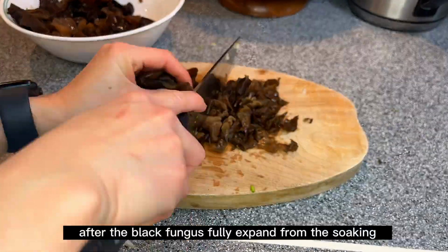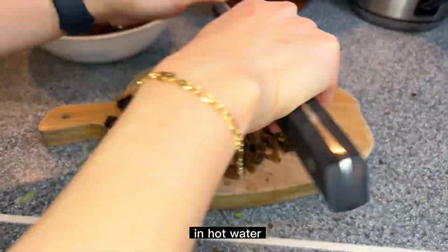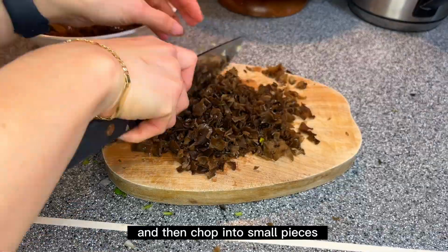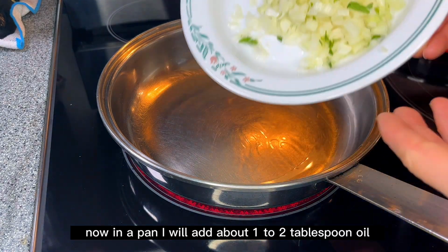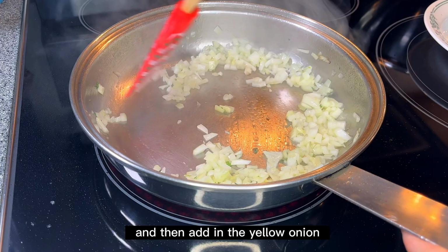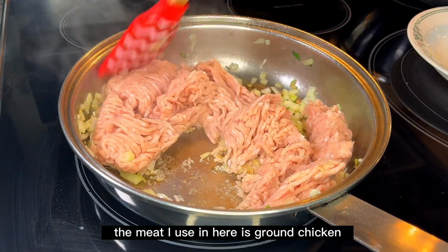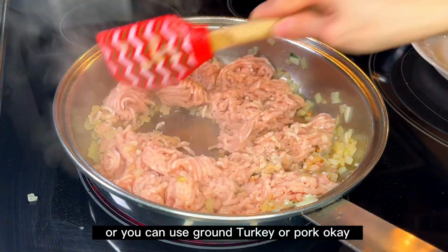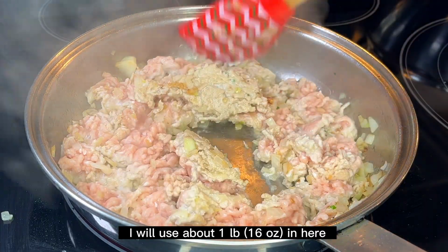After the black fungus fully expands from soaking in hot water, I will rinse and wash it and then chop it into small pieces. Now in a pan, I will add about 1 to 2 tablespoons oil and then add in the yellow onion. The meat I use here is ground chicken, or you can use ground turkey or pork, okay? I will use about 1 pound here,